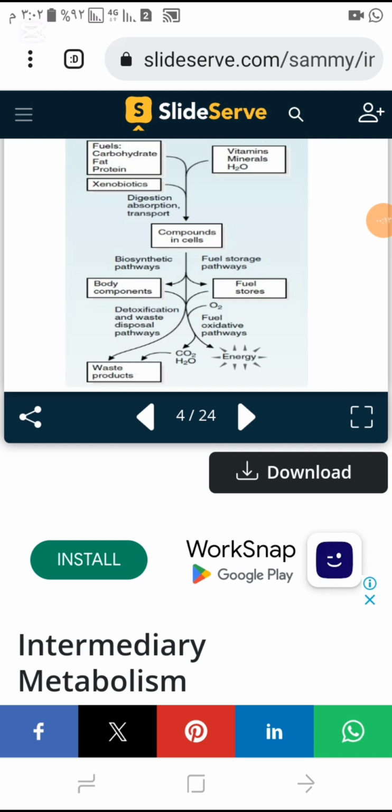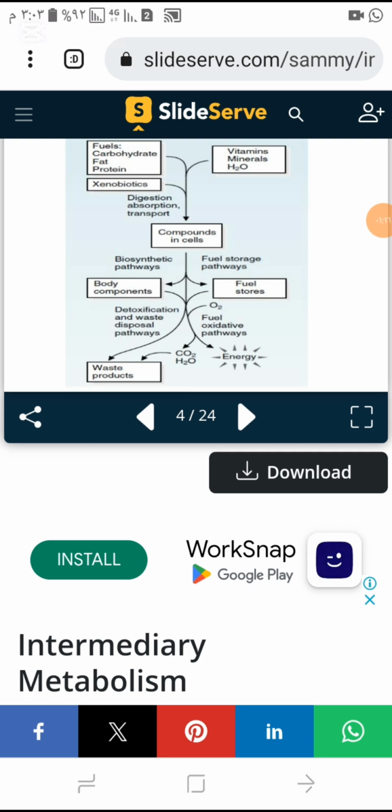and shows how they are directed into either of four directions in the body. We have either fuels such as carbohydrates, fats, and proteins, vitamins, minerals, and water, and even xenobiotics, that is, substances foreign to the body, such as drugs, for example. After digestion, all these are converted into compounds that are absorbed into the cell. The compounds which are absorbed in the cell either are converted into body components by biosynthetic pathways or they are converted into fuel stores by fuel storage pathways, or if there is need for energy, they are converted into energy